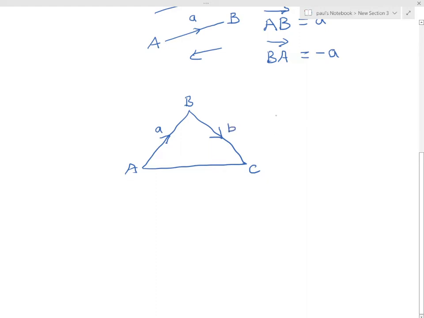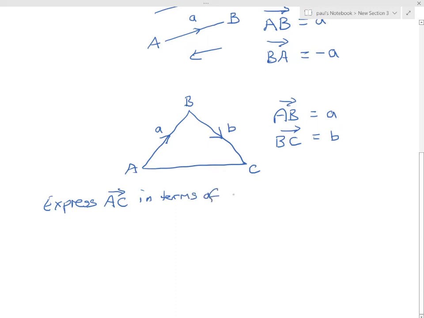Now, in this triangle, we've got vector AB is equal to a, vector BC, that direction, is equal to the little b. Now you get the question where you have to express vector AC going from A to C in terms